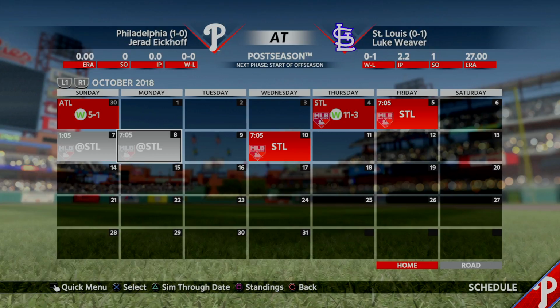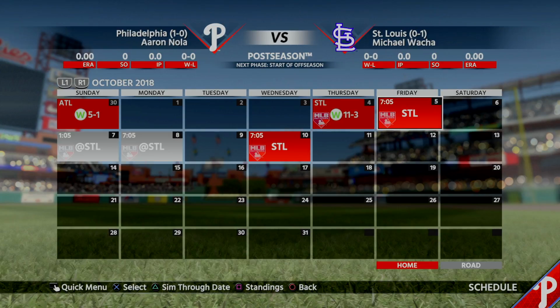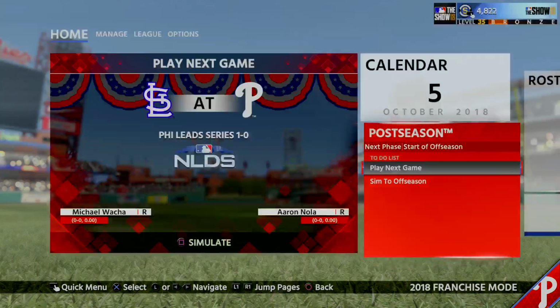And they would have Weaver going again in Game 4. And I have Wyckoff, and I'm not even worried about it. I have all these pitchers going, but I don't know what I would do. It would basically be determined on how much time I had. But anyway,